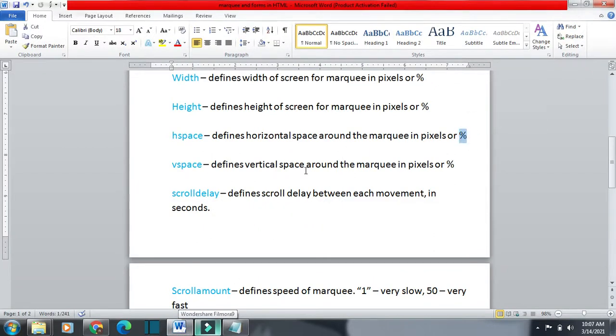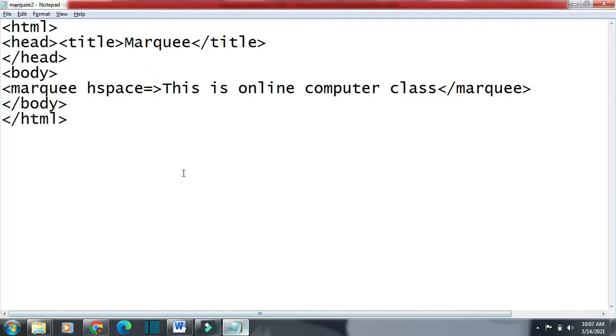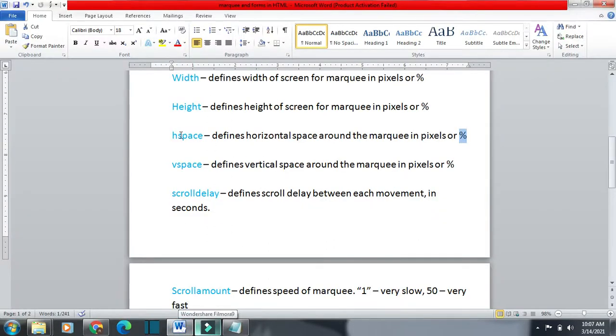So we are giving in percentage. Suppose I am giving percentage as 30%. So both side it will cut 30%. Both side means the space around marquee will be now cut to 30%.